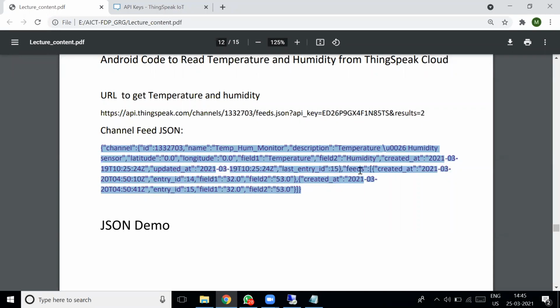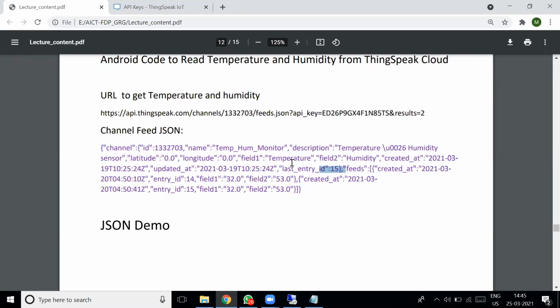Here, up to this point is the header of the JSON object. From this point only, data are available. Feeds are data. So when this data was created, what is the entry ID? What is the value for field 1? What is the value for field 2? This is one record.